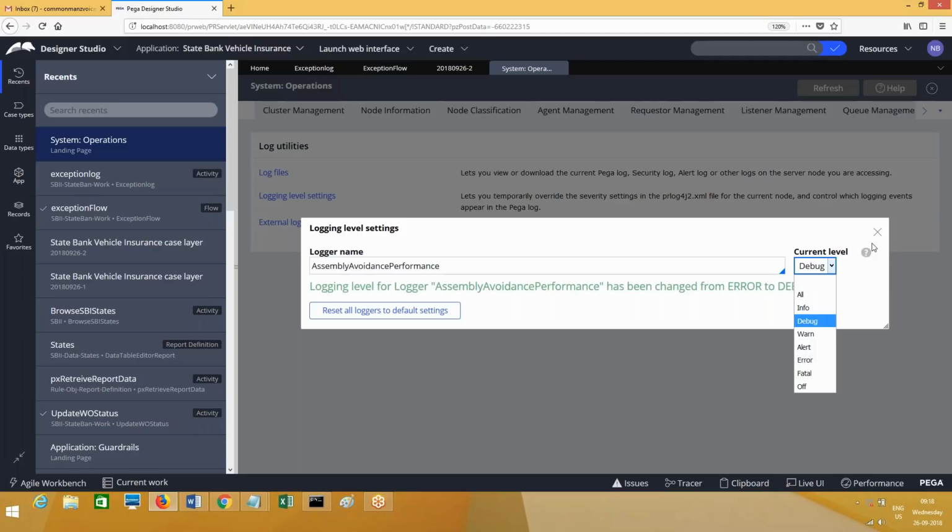Step by step execution. Whatever you see, debug level means tracer level, that level of logging will be done. Is it recommended to go for debug? Should we go to debug level, or is it not required? It should not be recommended. Is it recommended or not recommended? Tell me, why is it not recommended?